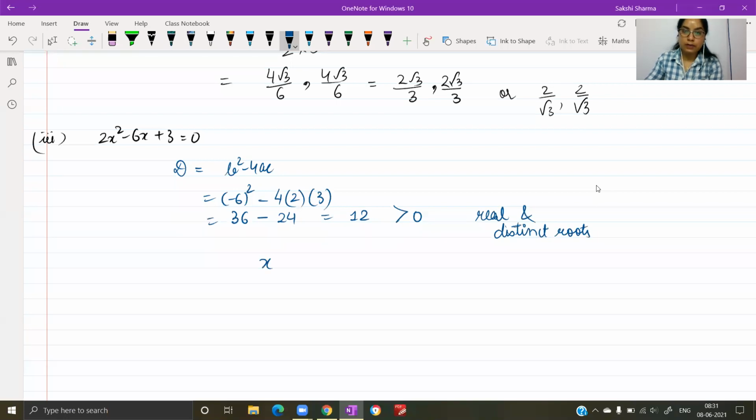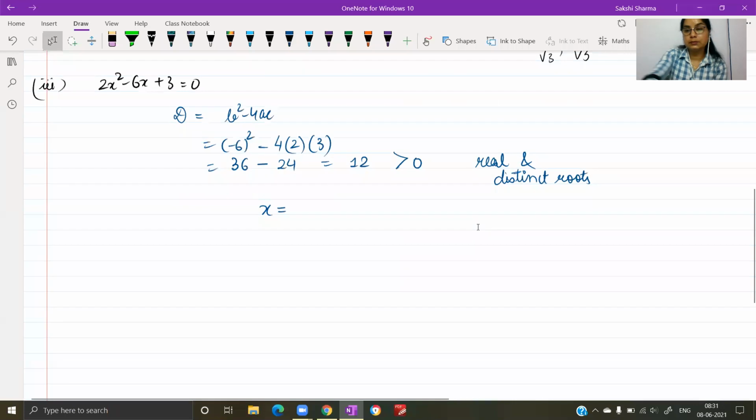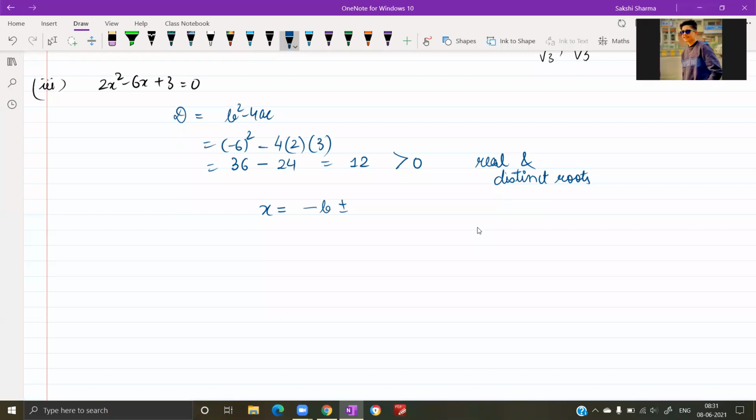Let's find out the answer for the variable here. Aryan Madan, beta, help me write down the roots for the equation, the value of x. Ma'am, it would be 4 under root 3, I think. You have to help me write down all the steps, the formula to find out the roots. Ma'am, it is minus b plus minus under root b square minus 4ac by 2a. Okay, now put the values.